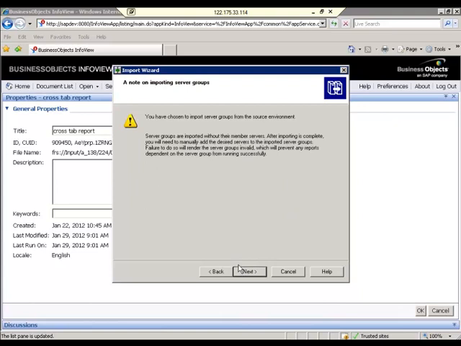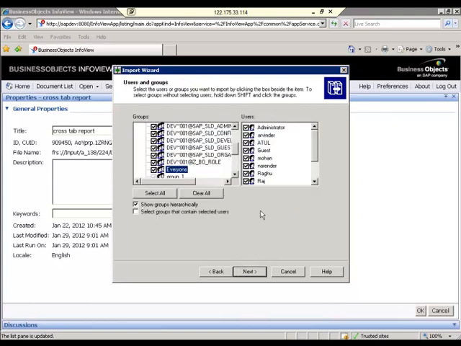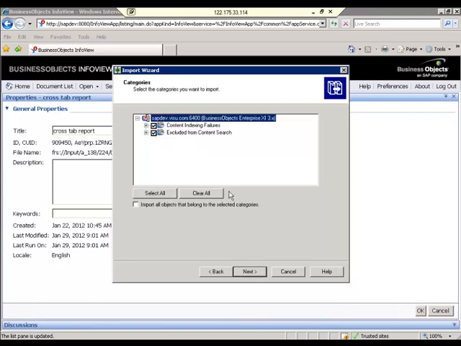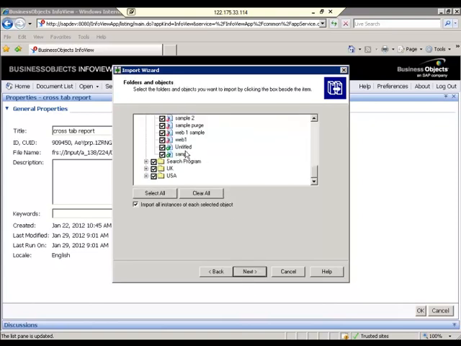In the next step, you selected what groups and what users you are going to migrate. You are going to migrate all users and all groups. In the next group, different groups have different access and folders. But in my QA, I want to give only view access for everyone, so I need to put view. If you want to give access as it is in the dev, then I need to select all. Click on next. Then you are selecting all categories.